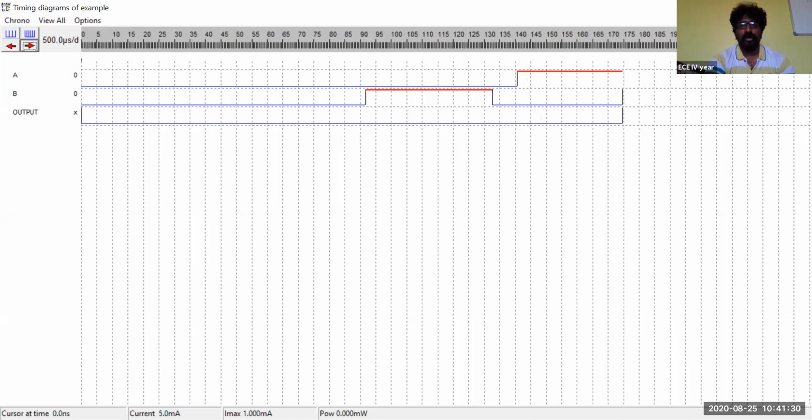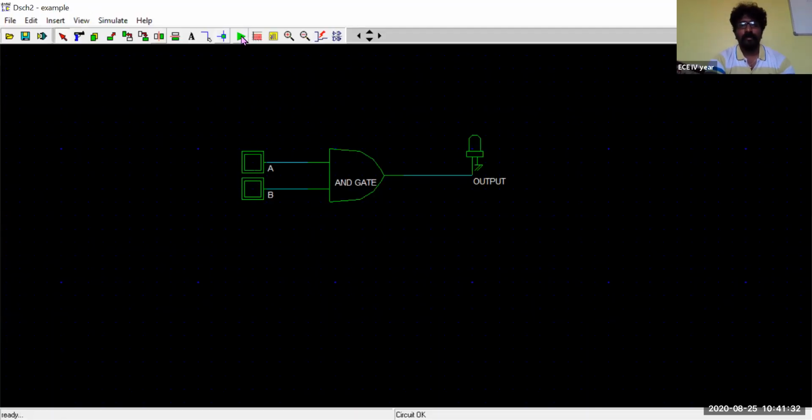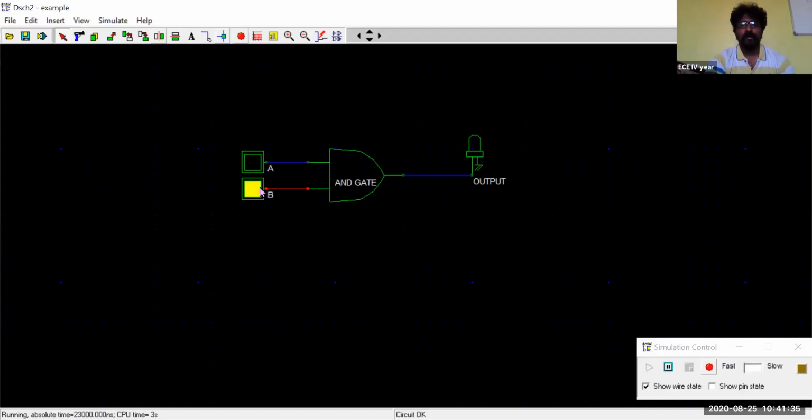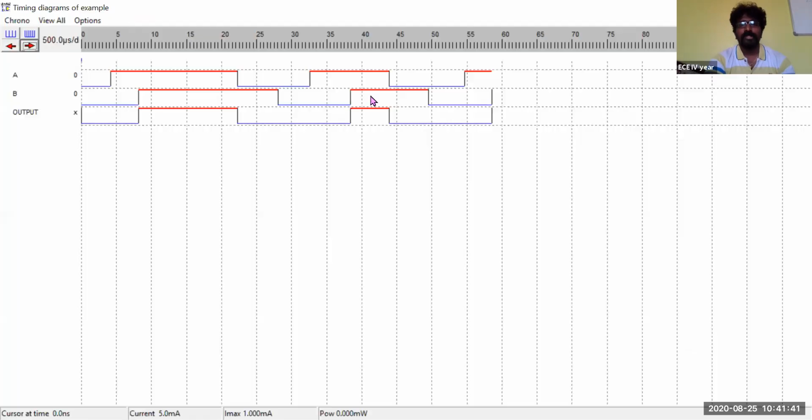We'll try to do that one. See now, whenever it is 1 1, you'll get the output equal to 1. In all other cases, 0 1, 0 0 and 1 0, it is 0. So this is how we are supposed to obtain the timing diagram for the logical AND gate.